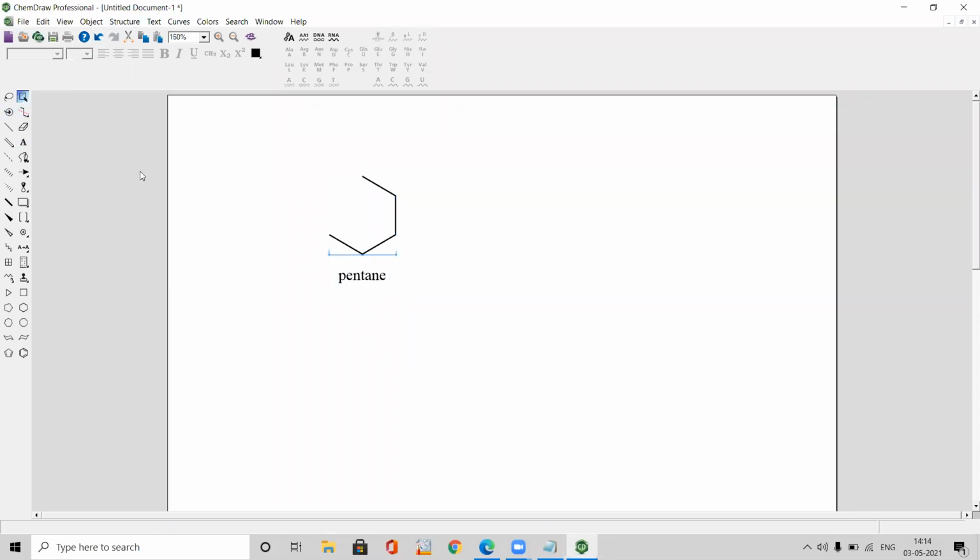If I want to remove a bond or atom, we need to select the eraser. Here there is an icon called eraser. We need to select it and simply click on the atom that you need to remove, so that atom will be lost along with its bond. So now the structure is butane. If we remove another carbon, the structure is propane. Like this we can draw chemical structures, and you can also draw as you wish, however the chemical structure should be.